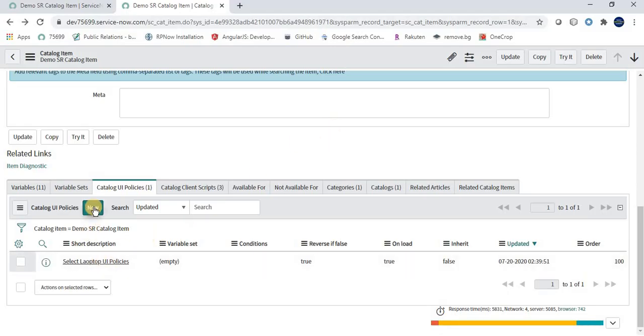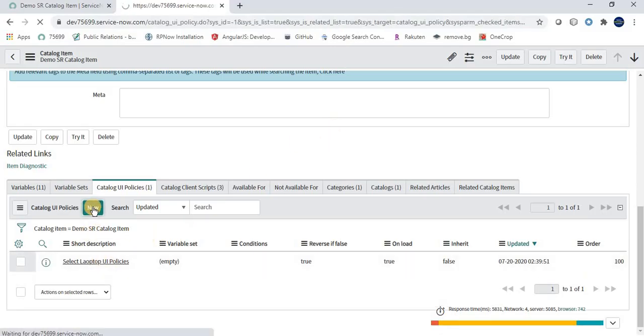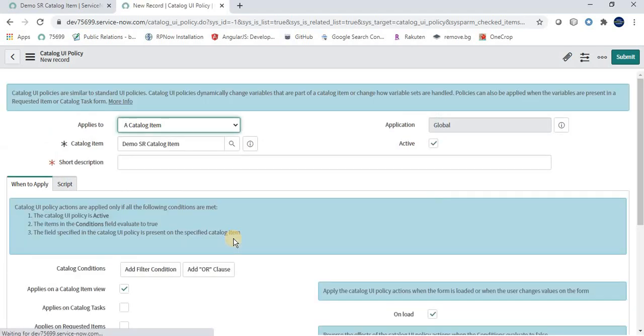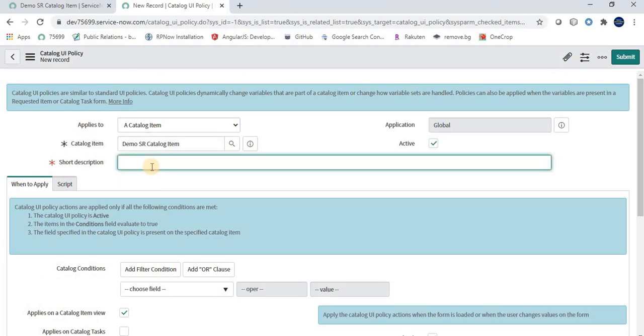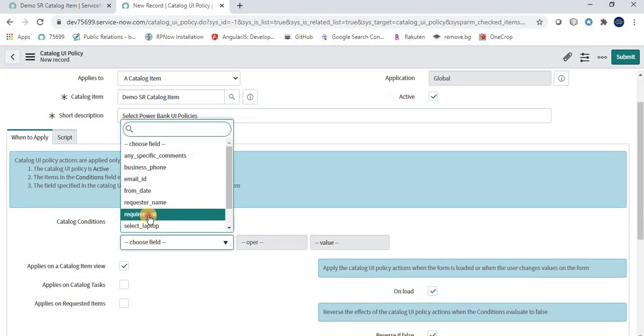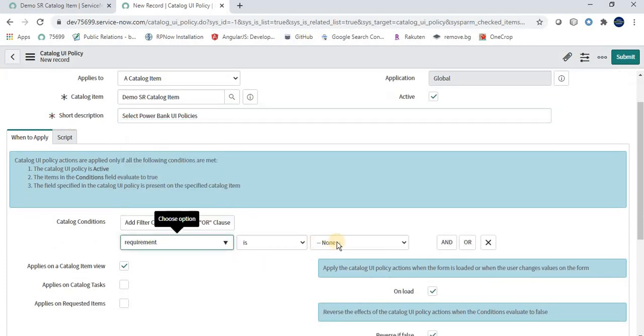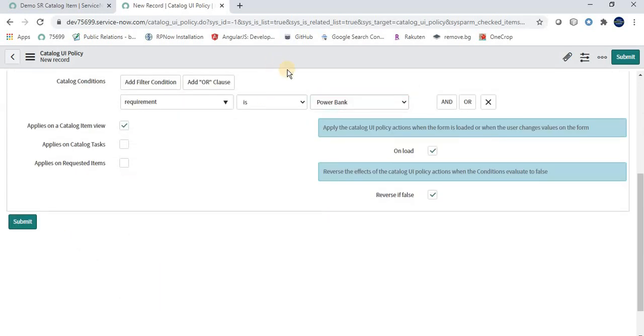So again I am clicking on the new button, and here I am giving the same, that is select power bank UI policies, when to apply, when requirement is power bank, right? Just save it.